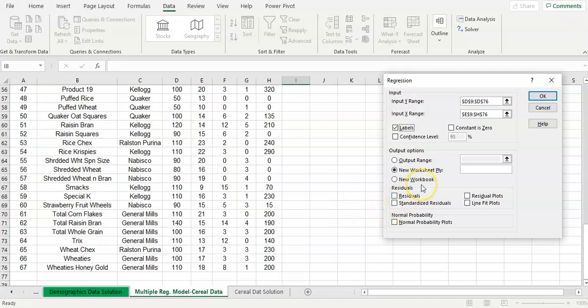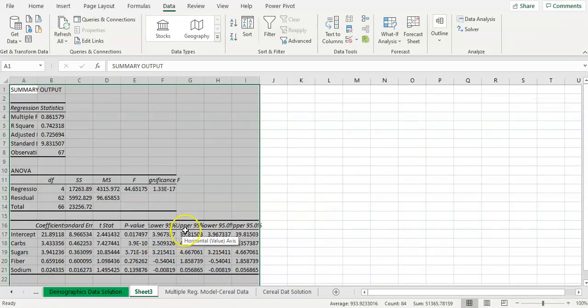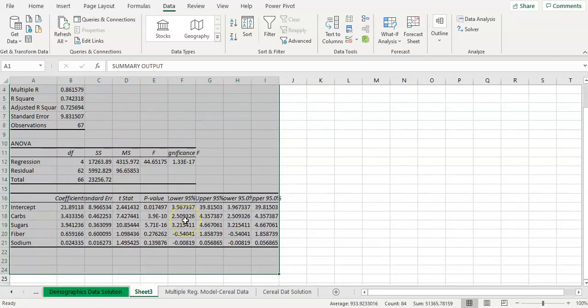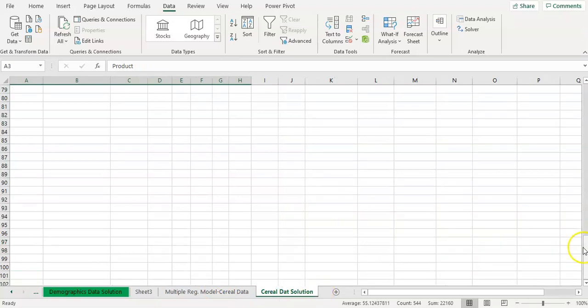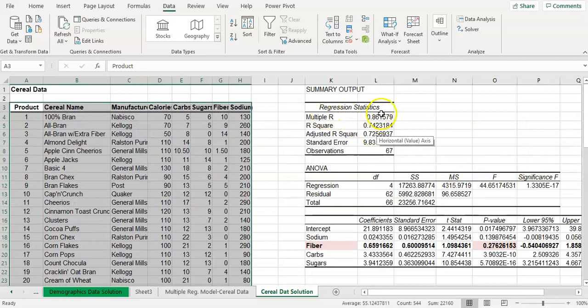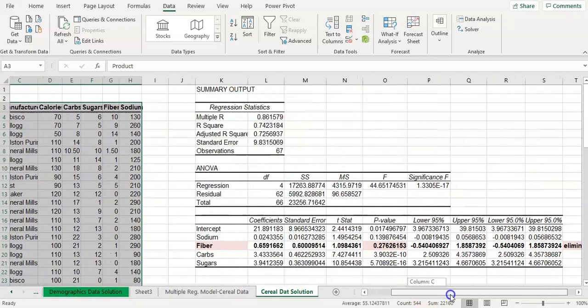We will get an output, and immediately we get the output here. So this is the first output. From that, let's move to the final solution here to look into the step-by-step solution. This is the same first output that we have gotten when we run regression analysis, and as you